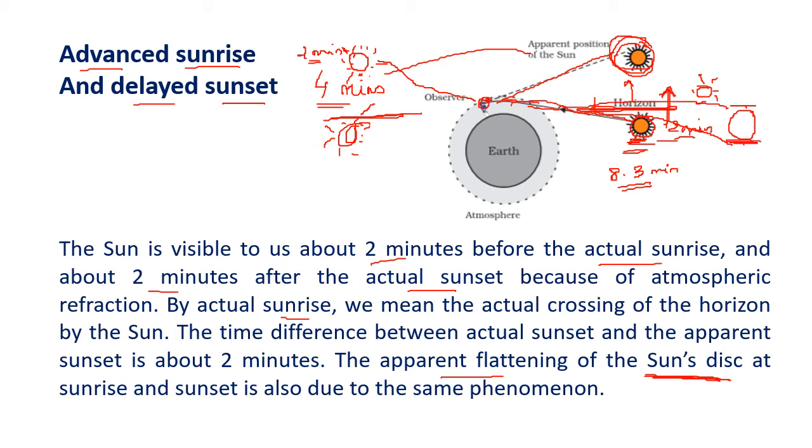Because the bottom surface is traveling a different distance, it goes through more refraction, and the top has traveled a lesser distance, so it reaches here. So the sun actually looks flatter. What is mentioned here, apparent flattening of the sun's disk, means at the horizon, the light from the bottom surface travels more distance. Bending is more, so we see the position. While the top surface travels a lesser distance, so there is less bending. So you can see this is actually more and this is actually less.